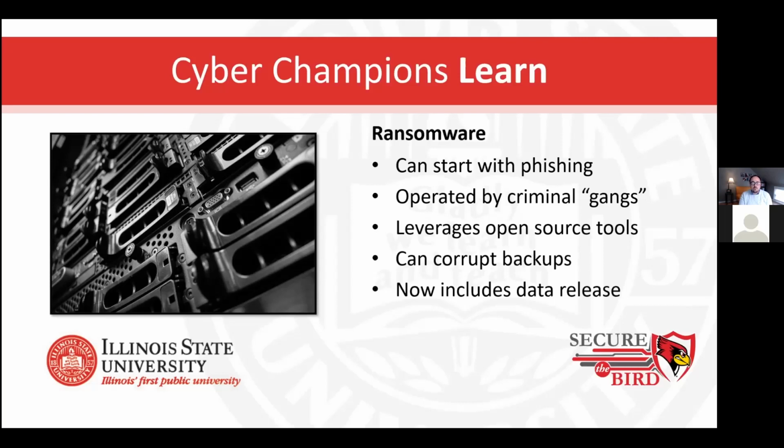Over the years, some newer advancements were that they started corrupting backups. So if you kept backups, they found ways to corrupt them so you couldn't just recover and tell them to go away. As well as this year in particular, they started threatening the release of data that they encrypted. So not only do they encrypt it, they steal that data. So the critical importance here is doing all the things about checking links, checking senders, not opening suspicious emails or email attachments, not going to suspicious websites, also engaging the ISO whenever possible.